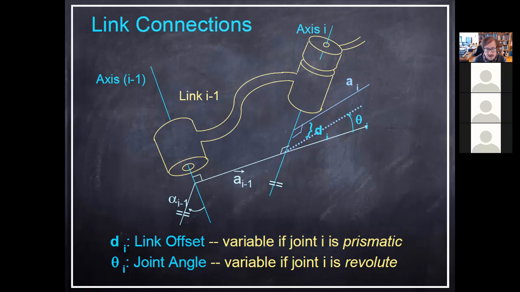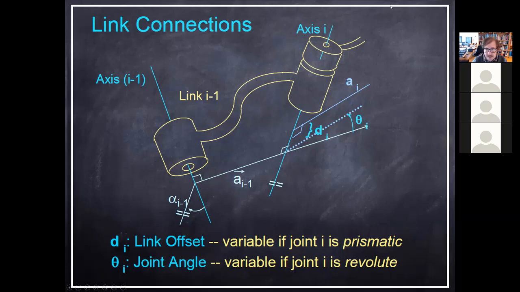What do these parameters show? In most general cases, the link does not have to be on the line of the mutual perpendicular a_{i-1}. It may be somewhere which is displaced by an amount d. How do we measure d? d is measured by the intersection of the next, so a_{i-1}